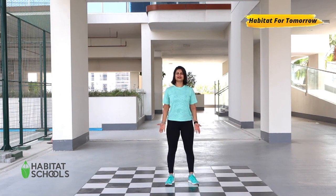So these are the postural guidelines that you should follow and take care of so that you have a very presentable and nice posture. I'm sure all of you will take care of your posture